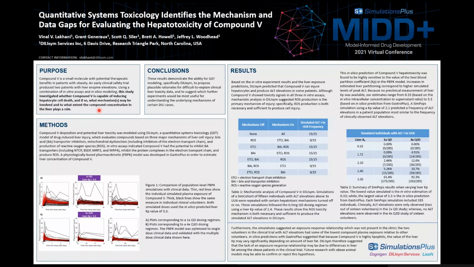And so typically what we do with DILIsym is we take two big pieces of information to make those predictions. DILIsym is our flagship software that is considered a quantitative systems toxicology model of drug-induced liver injury. And DILIsym really investigates three of the major mechanisms for causing hepatocyte cell death. The first is bile acid transporter inhibition. Second is mitochondrial dysfunction, which we'll get into a little bit, and the production of reactive oxygen species, or oxidative